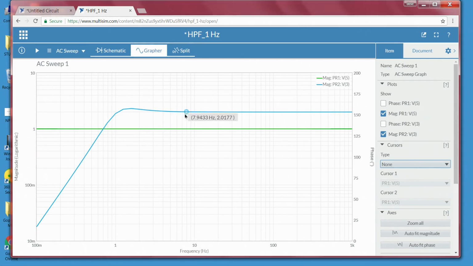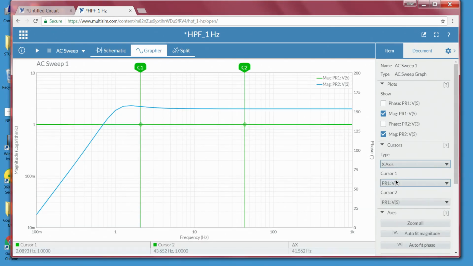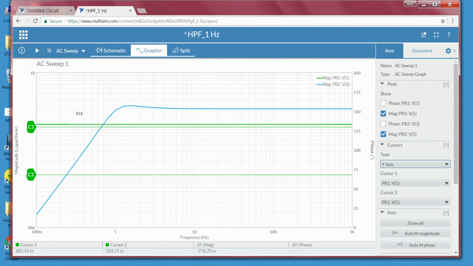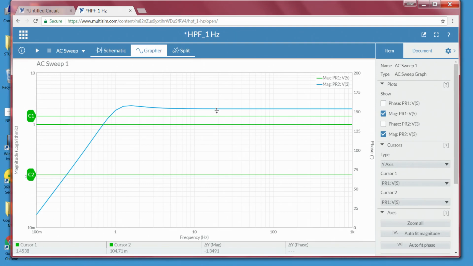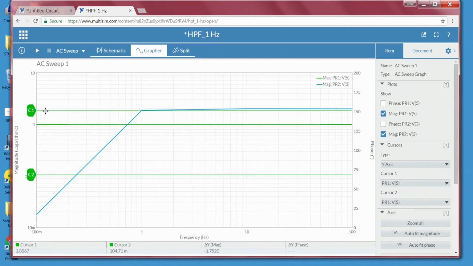Now, if I want to visualize this, I will take an amplitude cursor, a y axis cursor, and I will put C1 at 1.7, because the 3 dB line is nothing but 3 dB down from our maximum amplitude. Maximum amplitude is 2, so 2 minus 3 dB, the magnitude should be around 1.7.